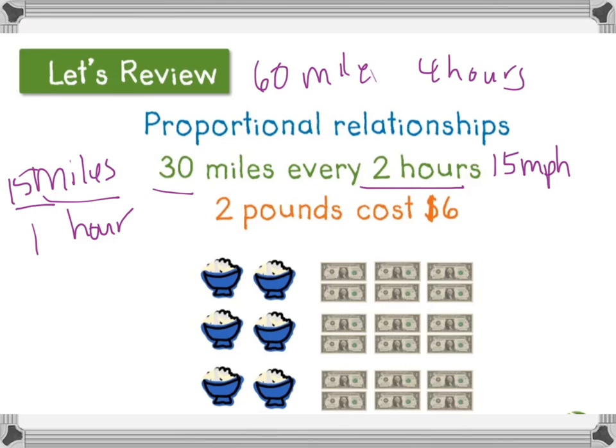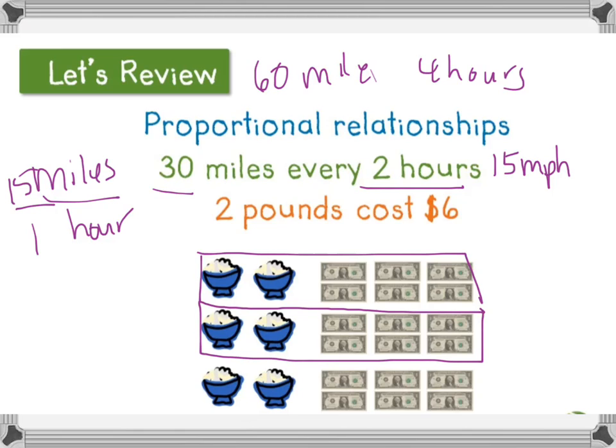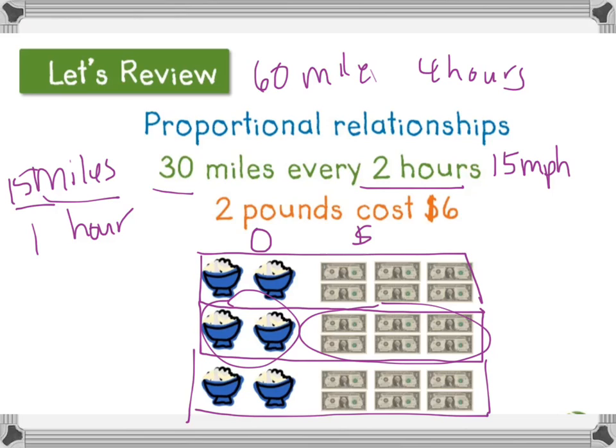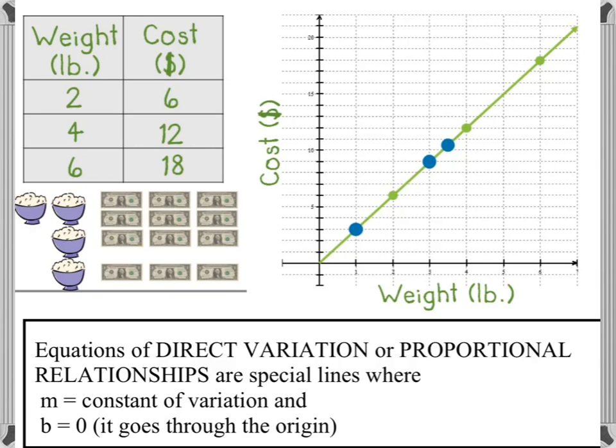Okay, 2 pounds cost $6. So for every $6, this is like a picture of it. There are $6 for every 2 pounds. So 4 pounds would be $12, and 8 pounds would be $18. So every time you add 2 pounds, you also add $6. This is a proportional relationship. Okay. Also, we could go down and say that for every 0 pounds, it's $0. Right? Okay, so if I graph the relationship that we just saw, 2 pounds for every $6, you'll see that